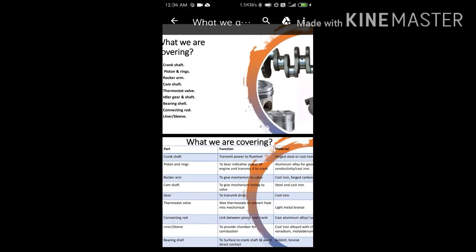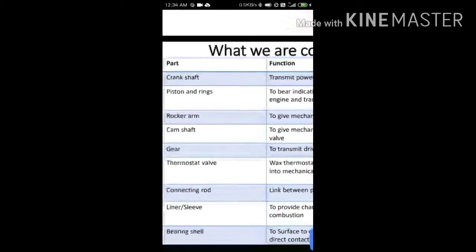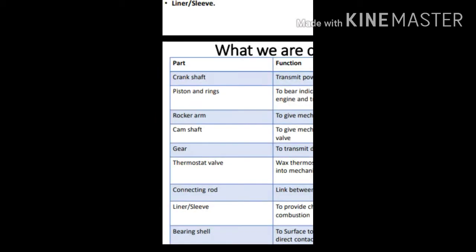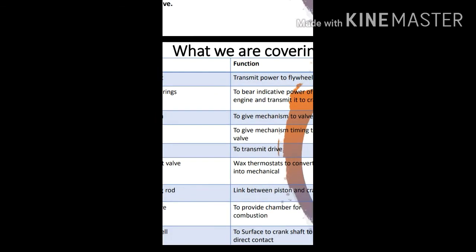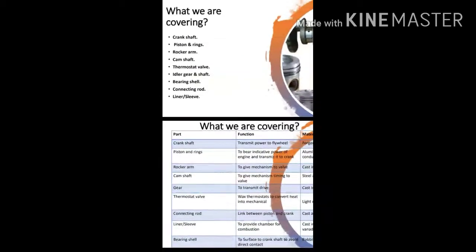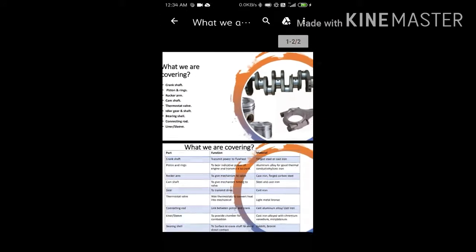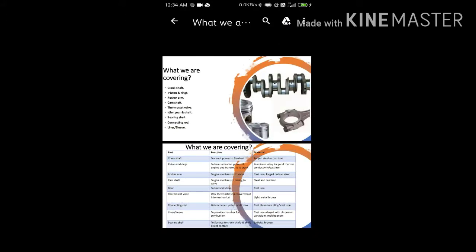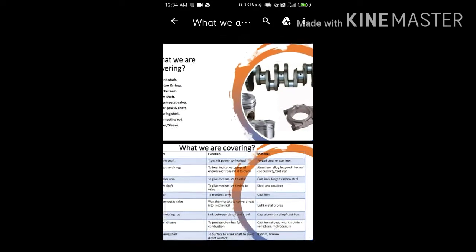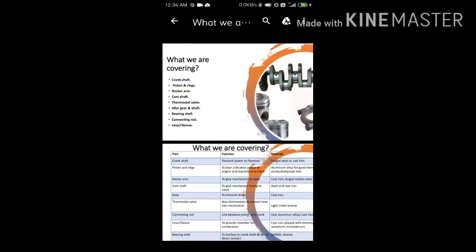and you can pause the video and look at all these basic properties I have provided here. These are very crucial, a very important part of an IC engine, so you should know all these basic things at least. My target is to just provide a basic rough idea of IC engines to you, and I think this will help you a lot in your interview and in your education, whatever you are